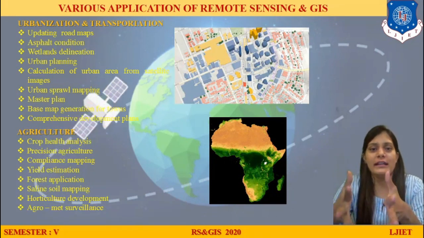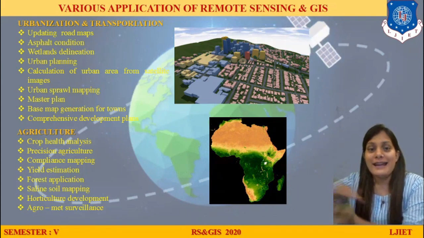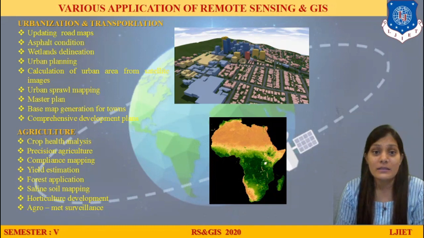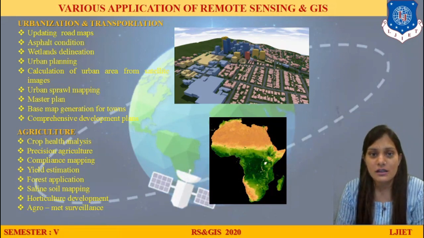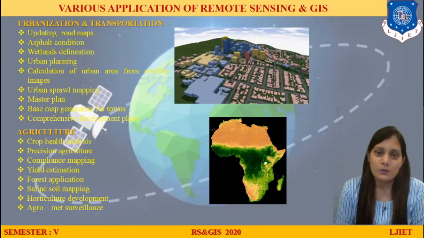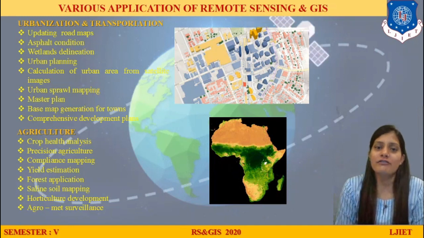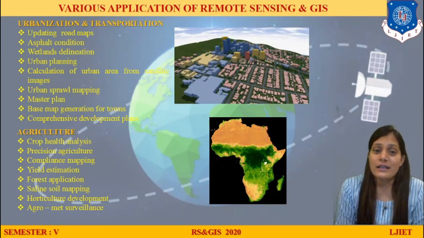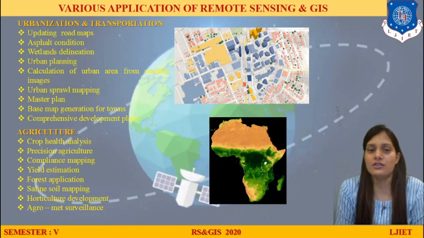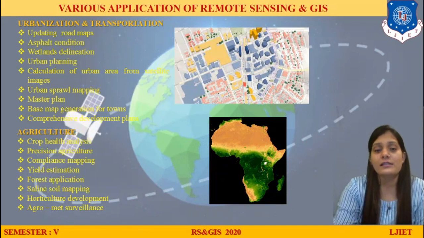First image I will take of June, then of August, then of November, and I can do the analysis of how my field is right now, what is the crop estimation, how is the field situation. So this is very easy for me to handle all the things. So that is agriculture, which is very much important, and the agriculture field requires lots of remote sensing, and lots of analysis is going through the remote sensing technique in agricultural areas. So this is a very important line which is coming up.